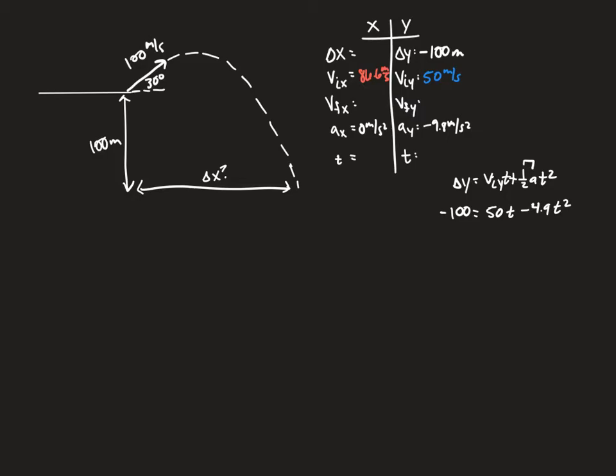Well, you may recognize this as a quadratic equation, or you could recognize it if I wrote it like this. Let's move the 100 to the right side, so let's add 100 to both sides. I'm going to write the 4.9t squared first, then I'll write the 50t, then we added 100 to the right side. Well, this looks like the standard form of a quadratic equation. If I set it equal to 0, you may have done something in math where you've factored this into two